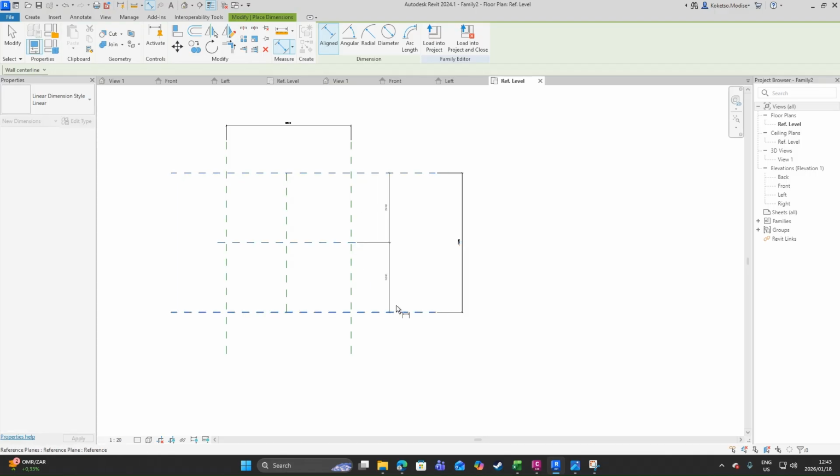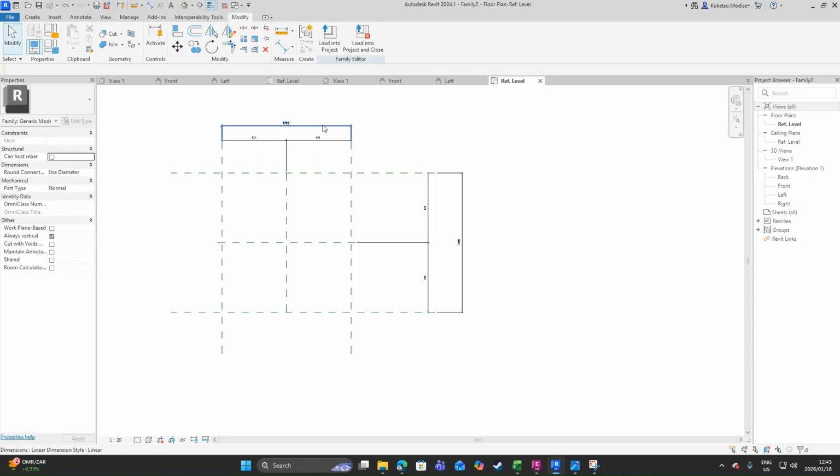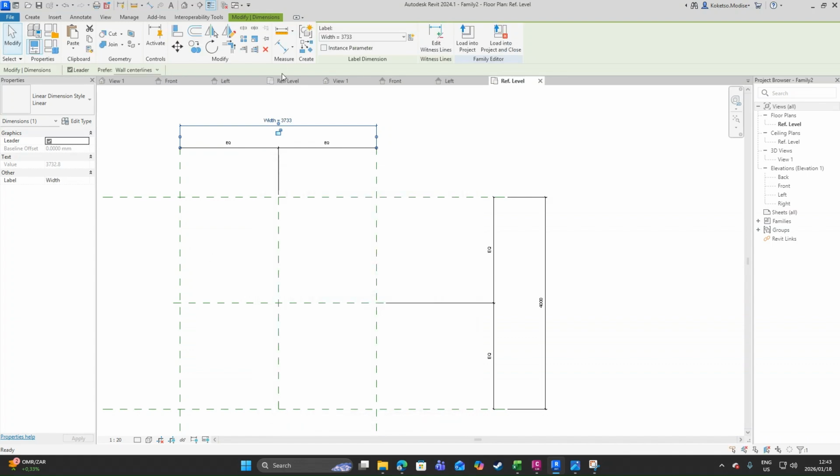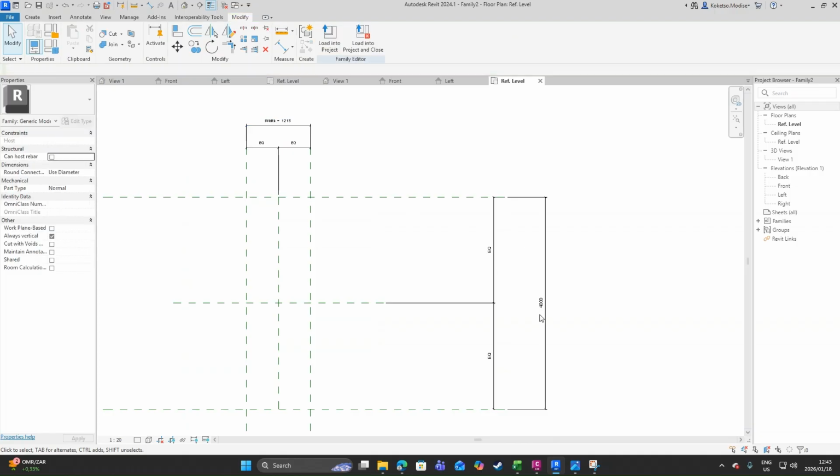Let's make this equal. So I'm just gonna change this to width. Say okay, and then let's change the number, so it's going to be 914 plus 152 plus 152. Okay, and then this one,